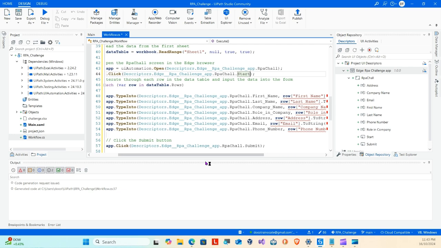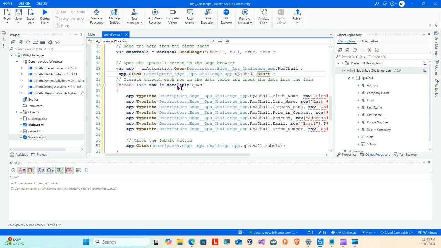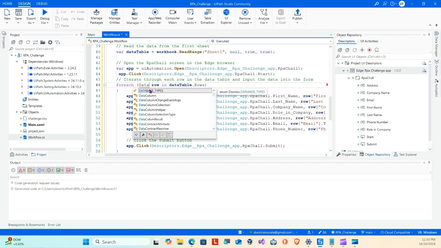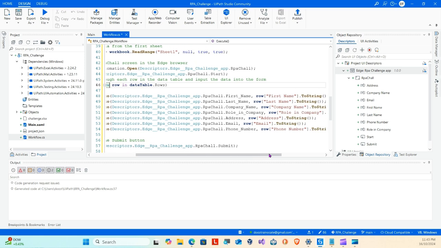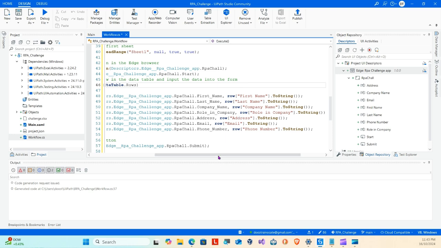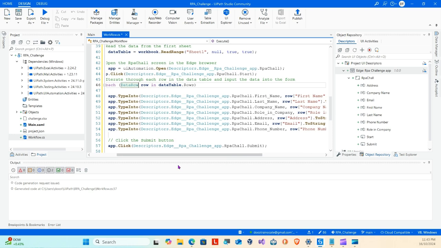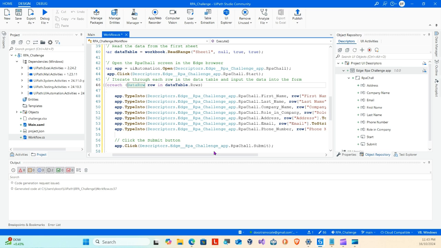Now the reason is because it's just read in each row as a var. So if we change that to a DataRow, then it will recognize those rows. So sometimes you'll have to modify some of the code. If we change that to each row is a DataRow, then you can see that this has been fixed. Now, if we run this, it's going to input into these fields, it's going to click the button